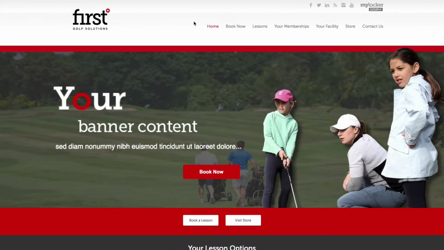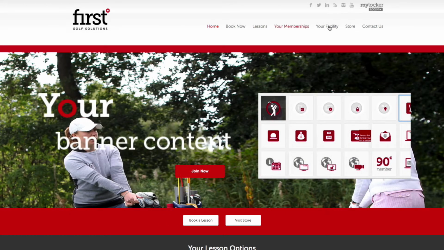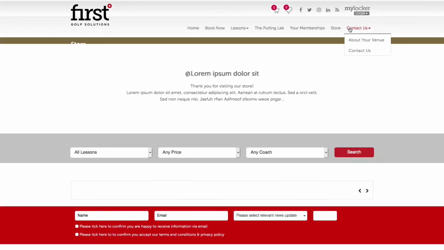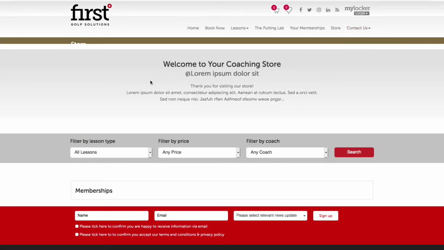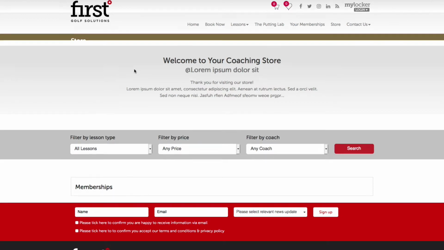So we're here on the home page, and we're just going to navigate across to store. And we're now in the store area. This is how the store area will look when you receive it from the team. And we can see that we've got some work to do in order to set up the store to be ready to use. Firstly, the areas that will be prepared for you by the team at First Degree Golf Solutions